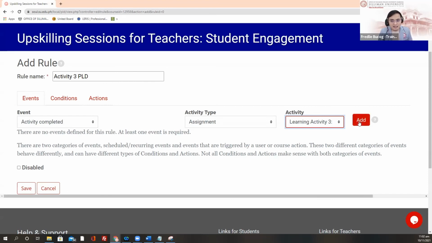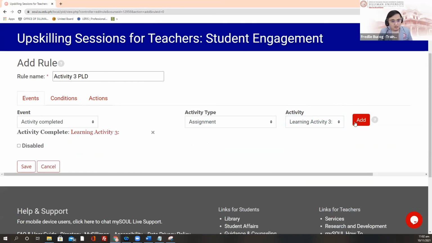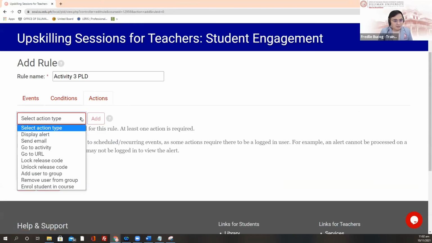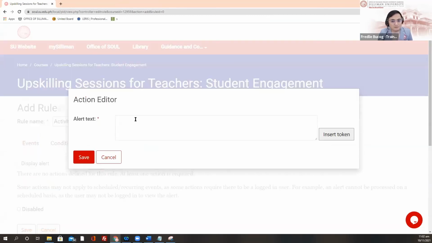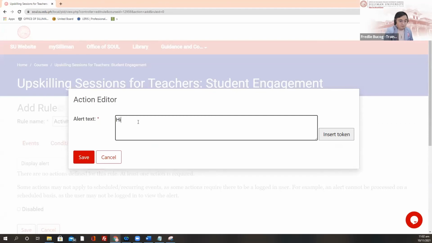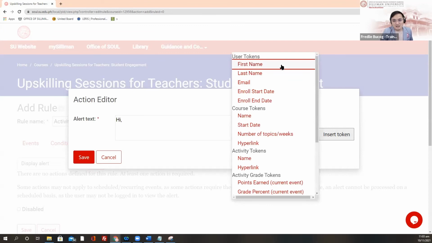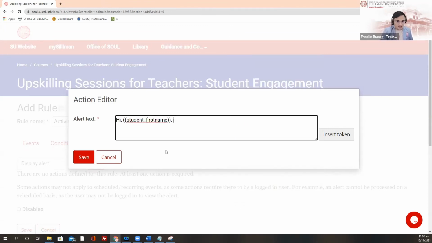So I will click the add button, and then I will go to the actions. Here I will set the message to display. So I will click the display alert, and then I will click the add. And then for example, you personalize the message. Hi, you can use the last name or first name, and then thank you for